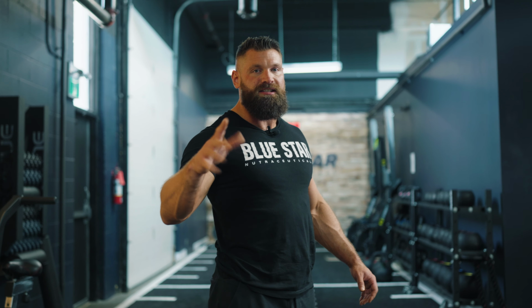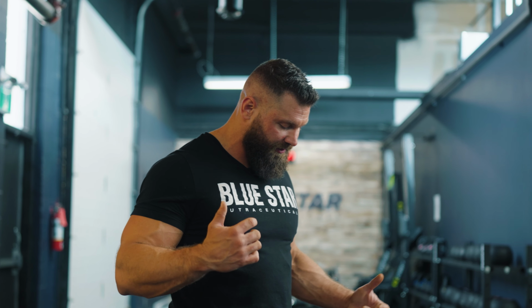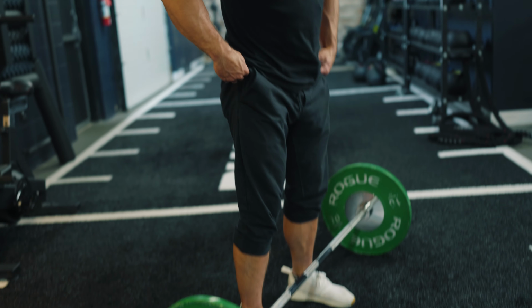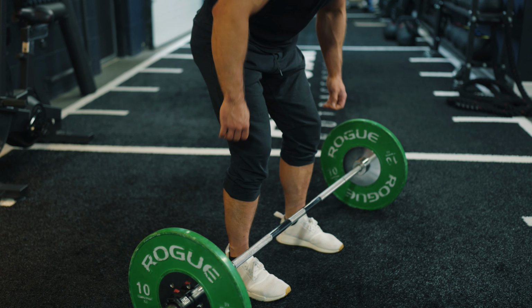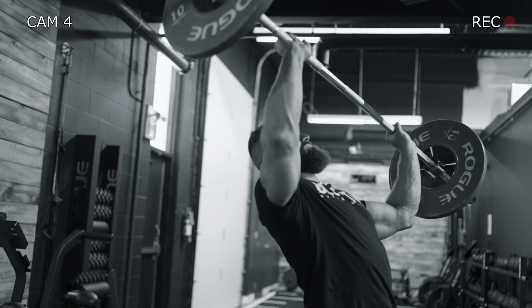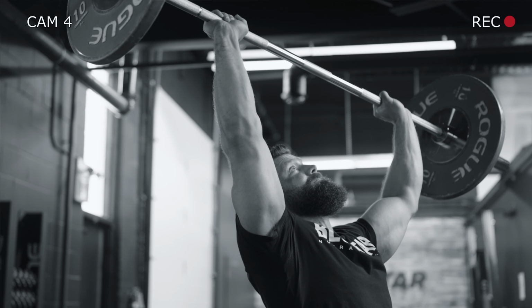Fifth muscle building exercise that you're probably doing wrong and how to fix it. So now we're gonna do the overhead press. Again, bear with me as I make this as ugly as possible and pray for me that I don't hurt myself as I do this here. So,